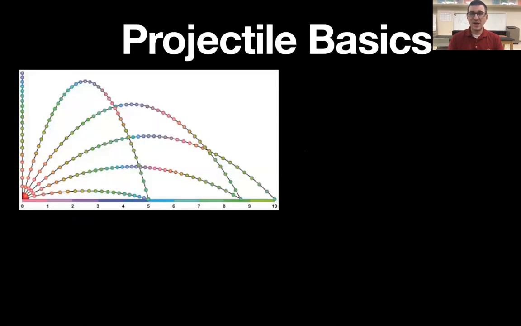So now let's talk about one of the ways that we can use vectors, which is when we're talking about projectiles. A projectile is just kind of anything flying through the air. And specifically in this course, it's mostly going to be a word that we use for things that are subject only to the force of gravity. So with examples of projectiles, we can ignore air resistance unless we are specifically told that we cannot ignore air resistance. So the only force acting on a projectile is going to be gravity,